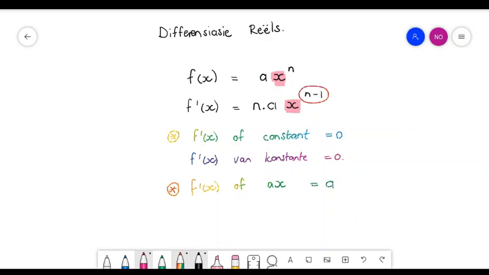Die eerste afgeleide van enige iets wat staan voor 'n x tot die mag 1, dan bly net daai getal oor. So let's say we're getting the first derivative of 2x, then it'll be 2. If we get the first derivative of minus 8x, then it'll be minus 8. Because then you're saying 1 minus 1, wat 0 is, en enigiets tot die mag 0 is 1. But it's almost easier to just